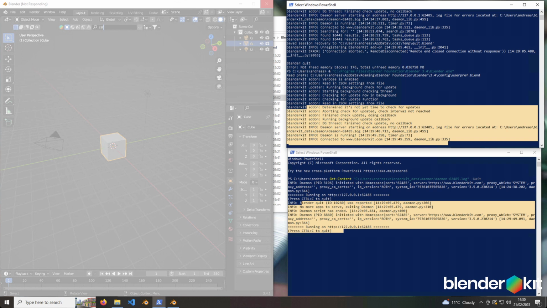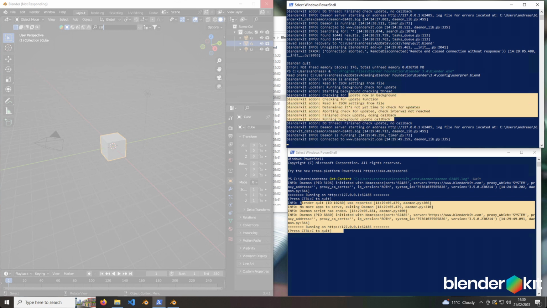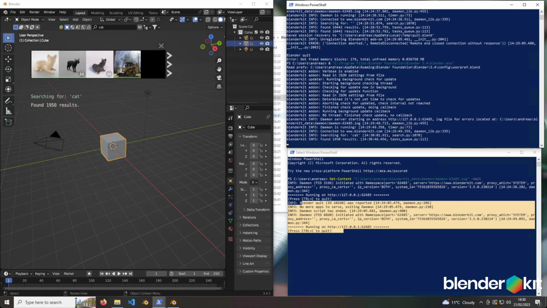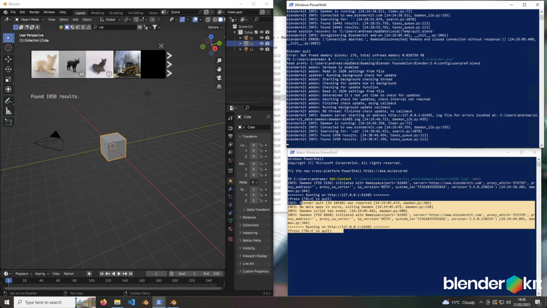So right now the Blender window is completely frozen, and the reason is because I have selected some text in the first PowerShell window. When I deselect, it just continues to run. This is a little bit tricky, but just do not select any text when Blender is running. It will get paused